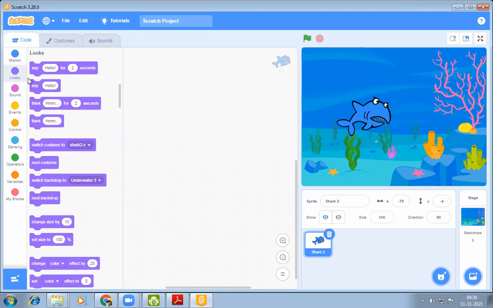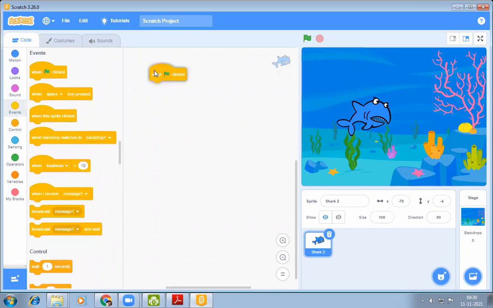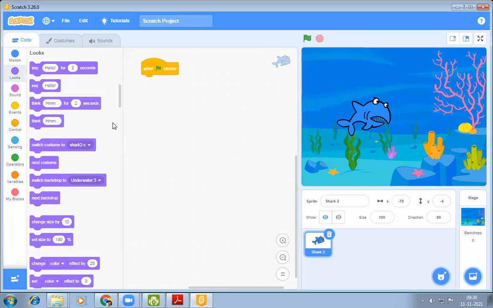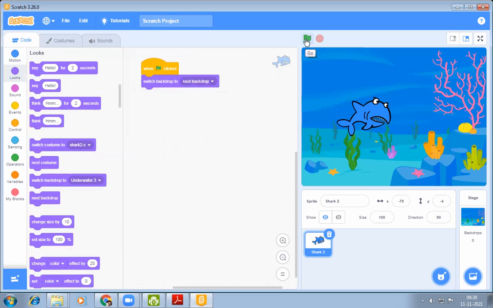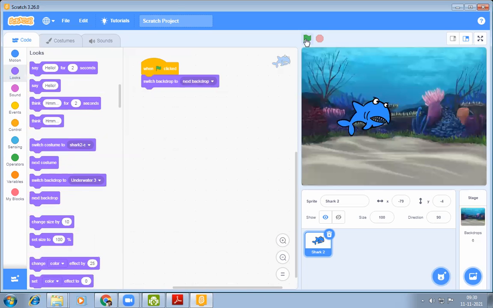First of all, we have to put the command when green flag is clicked. Then in looks, switch backdrop to next backdrop. Then you have to click on the green flag. When you click on the green flag, the background image changes. So this way you can change the backdrop.